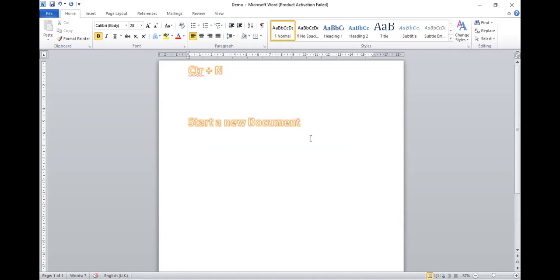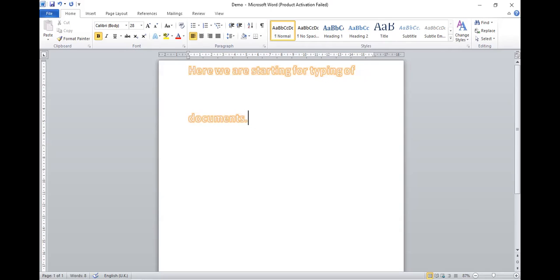How can you type the new text? First of all you have to click on the document. You have to pass the control to the document, and then you have to start typing from the keyboard. So here we are starting the typing of documents. Here we have seen typing of documents.